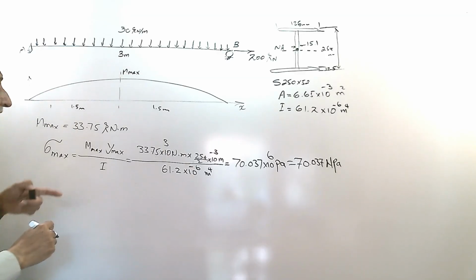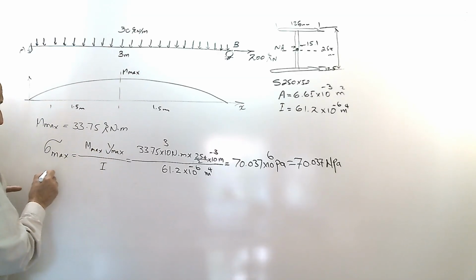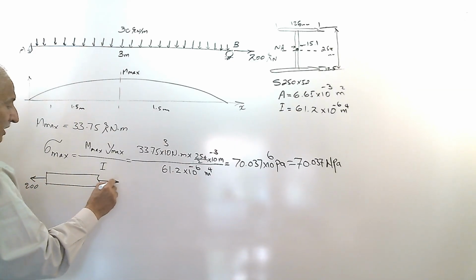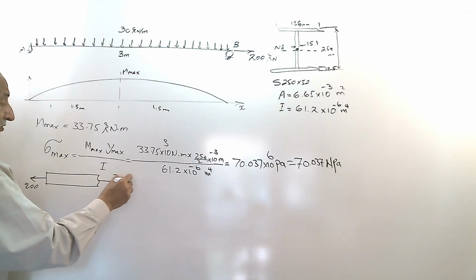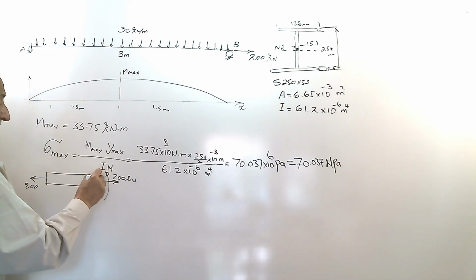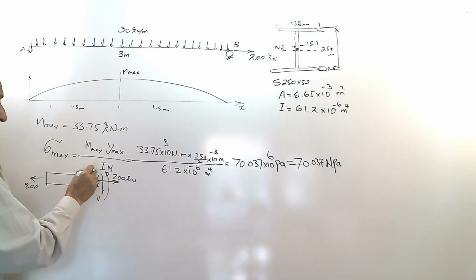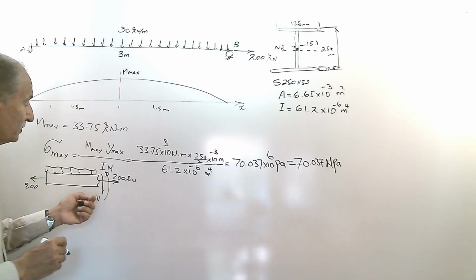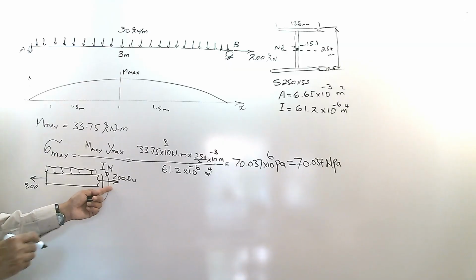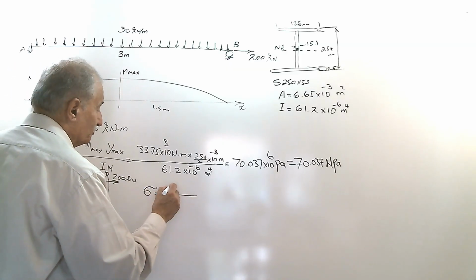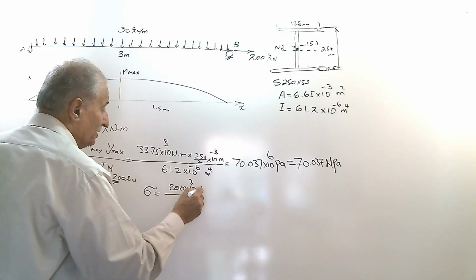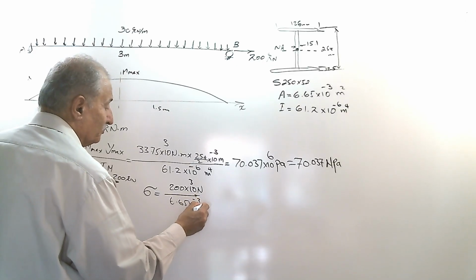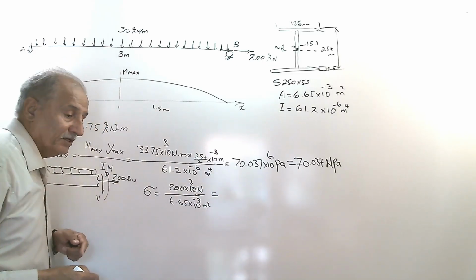The other thing that we have is the beam under, I draw the beam, 200 kilonewton axial force also here. M was here, shear force downward was here, distributed load was here. Then the only thing that I have here is to calculate the axial stress due to the 200 kilonewton, which is sigma equal to the force, 200 times 10 to the power 3 Newton, divided by the area, 6.65 times 10 to the power minus 3 meter square. And that's it, equal to